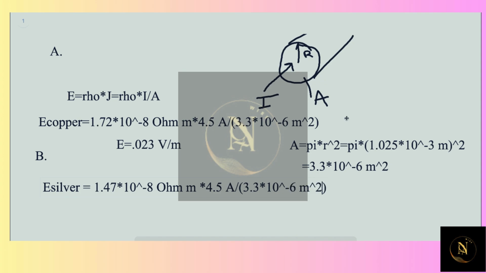I suppose I could have just copied the text. Okay, and then I'm going to edit this to make it say copper. Okay, if you put that into a calculator, you get 0.020